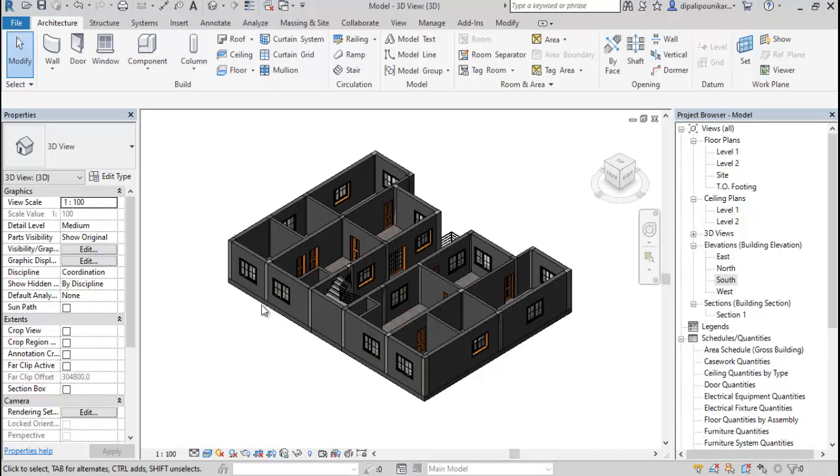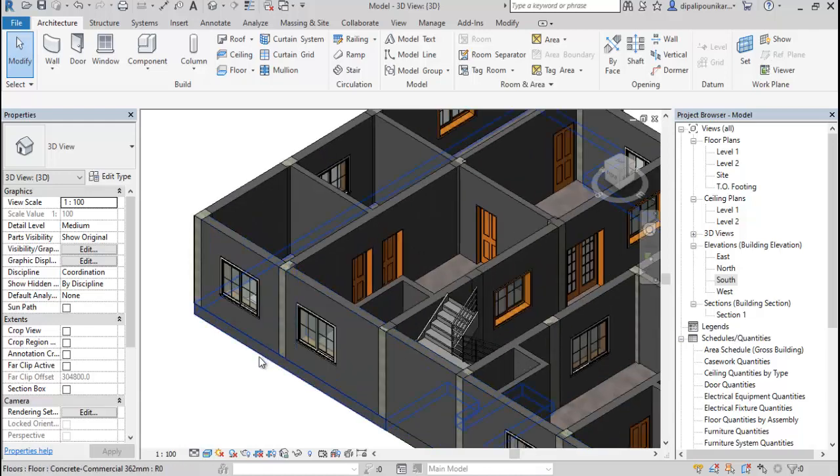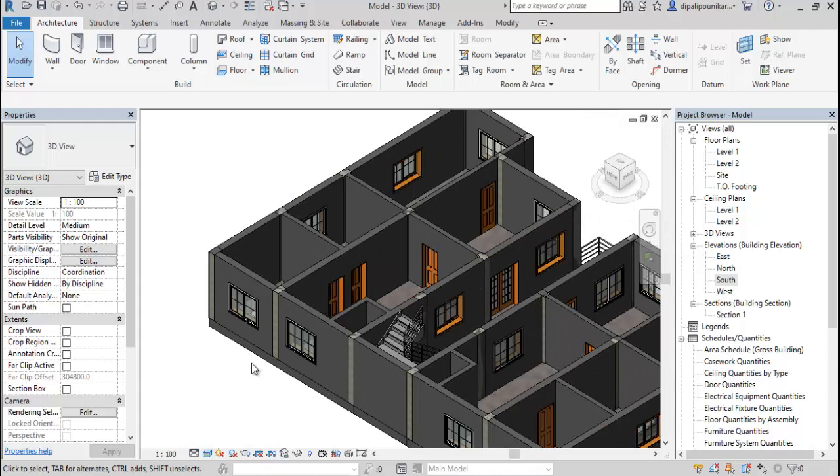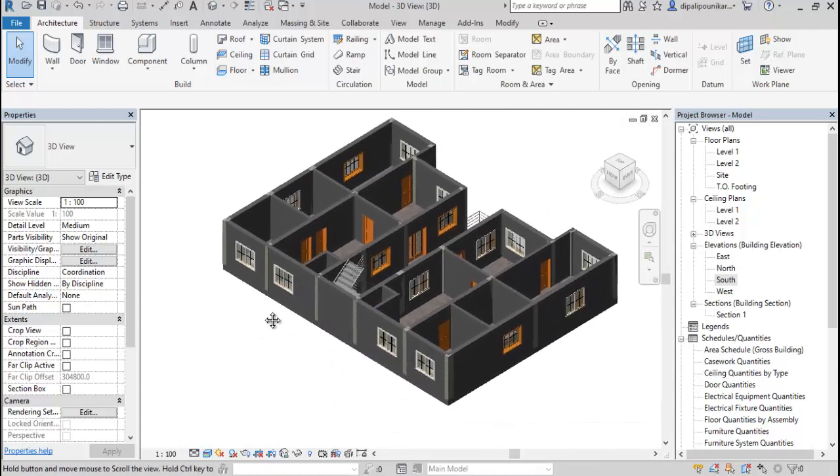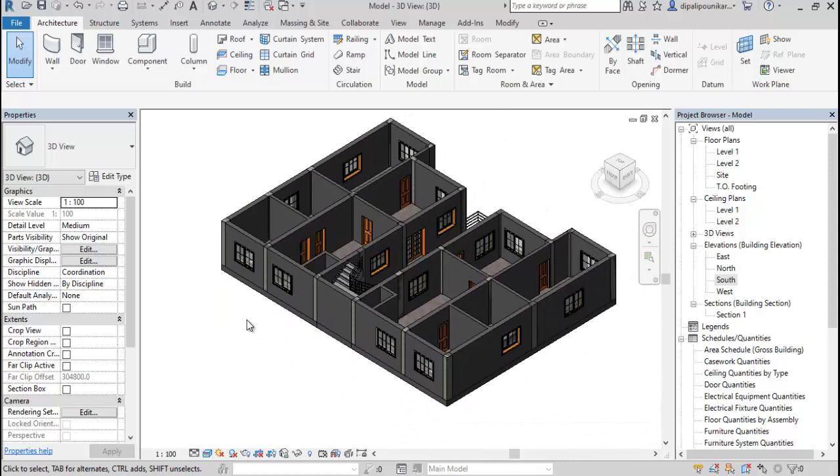Because when you know how much beam dimension you need to provide, only after that can you insert the design parameters over here. Otherwise, if you insert them, it will not be of any use. The model only works as a model, right?